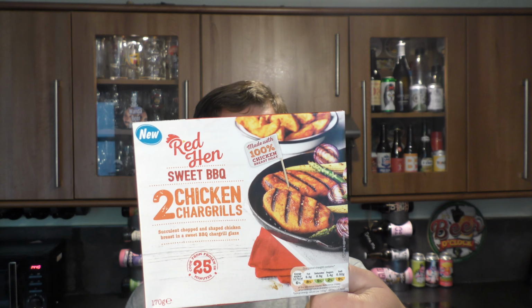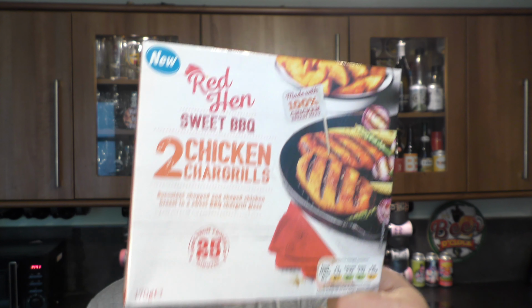I bought these a couple of weeks ago. They were about £1, something like that. £1.50. 2 of them. I suppose if you want to give it to your kids or something, or...